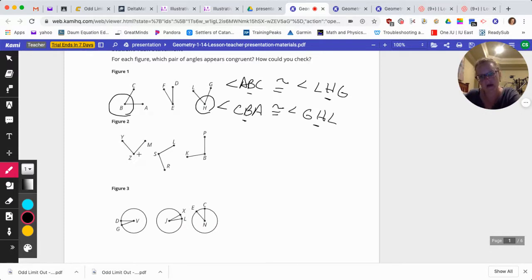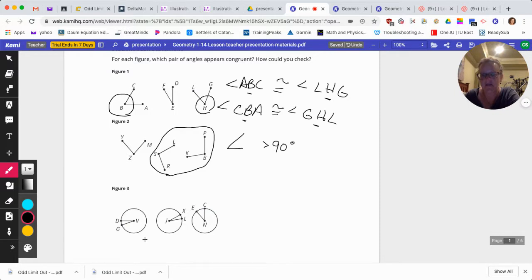Here, not really sure. It appears that YZM might be acute, a little less than 90 degrees, but LSR looks to be a little greater than 90 degrees, and KBP a little greater than 90 degrees. So these look to be congruent, where maybe the angles are a little greater than 90 degrees. Okay,